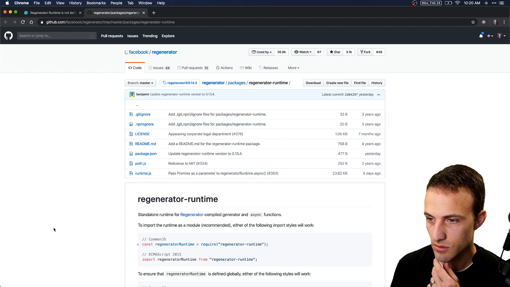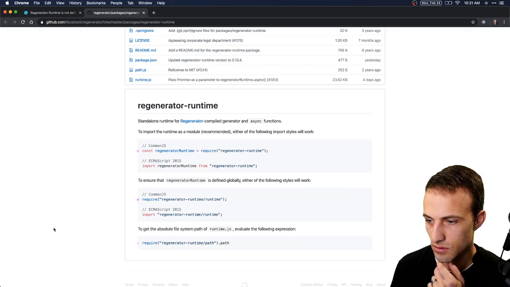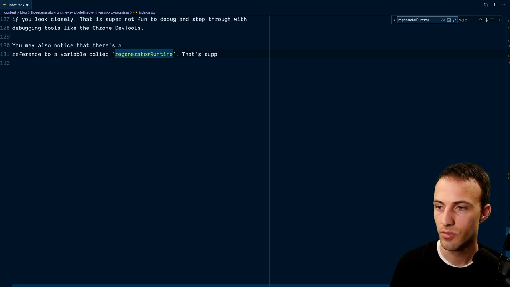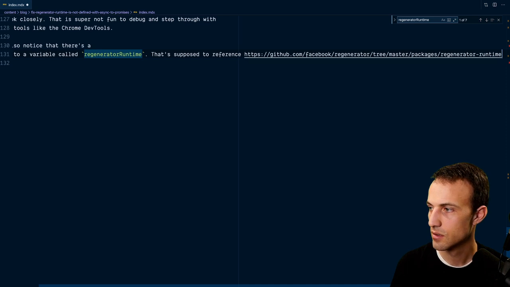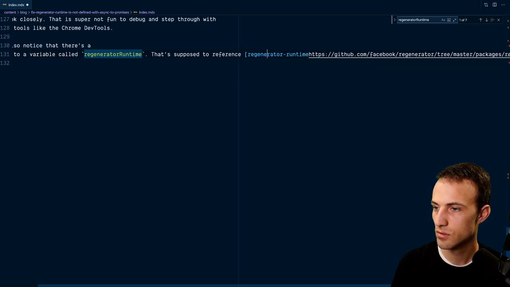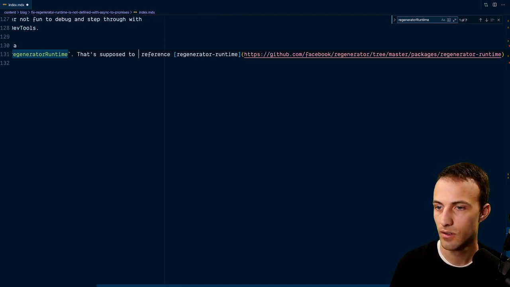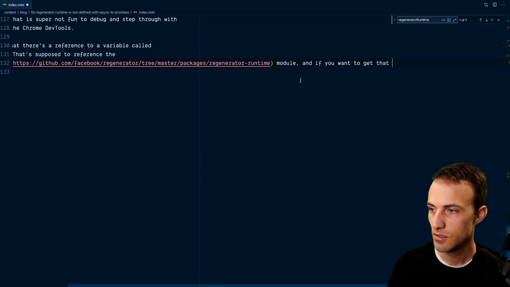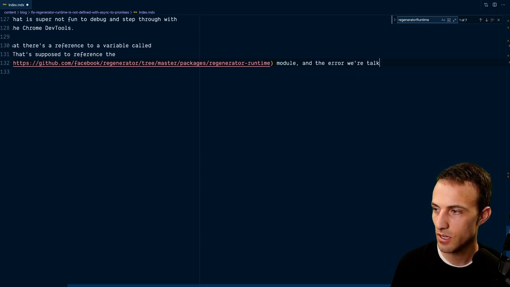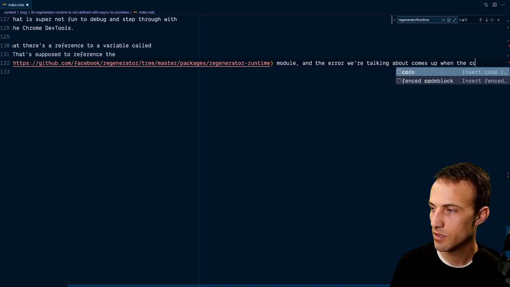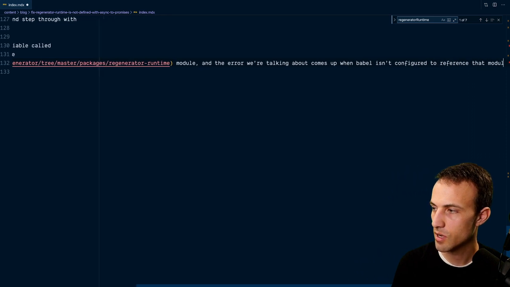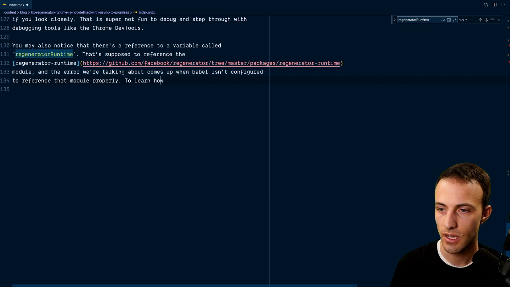I think I'll just reference this module. It's supposed to reference the regeneratorRuntime module, and the error we're talking about comes up when the code isn't configured, or when Babel isn't configured to reference that module properly. To learn how to do that,